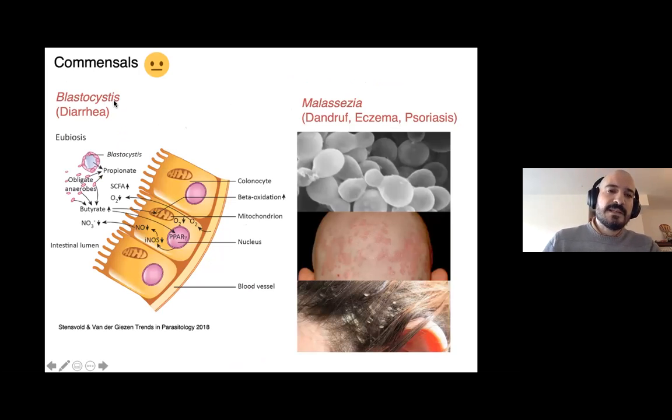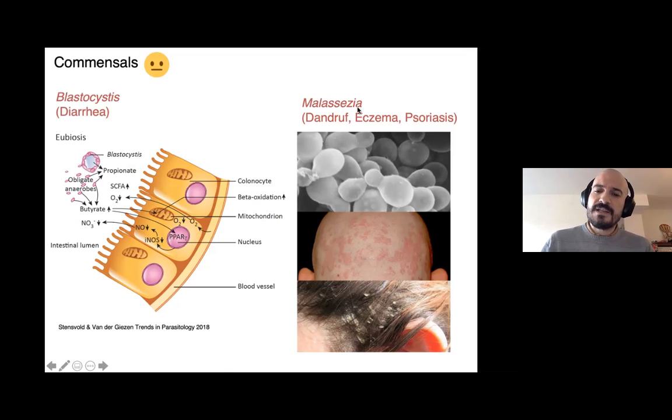We have Blastocystis, which has always been considered a gut parasite of humans, but recently it has been shown that most of us have Blastocystis in our gut, and when there's a phenomenon of dysbiosis, we lose it. In some cases, there are hypotheses that say that the loss of Blastocystis induces this dysbiosis. So Blastocystis might not be a parasite, might not even be a commensal, it might even be a mutualist, but there's not enough proof to assess that.